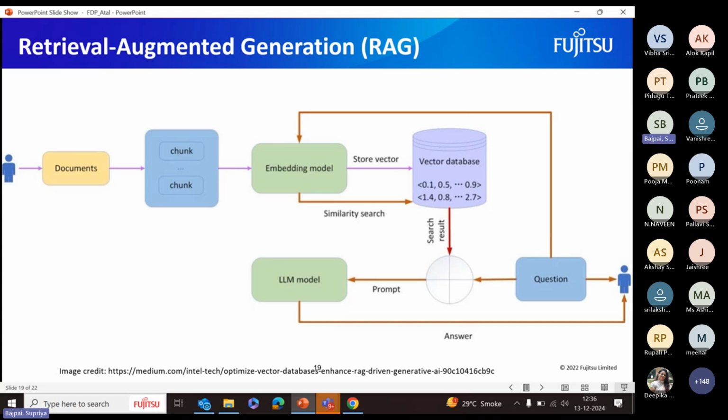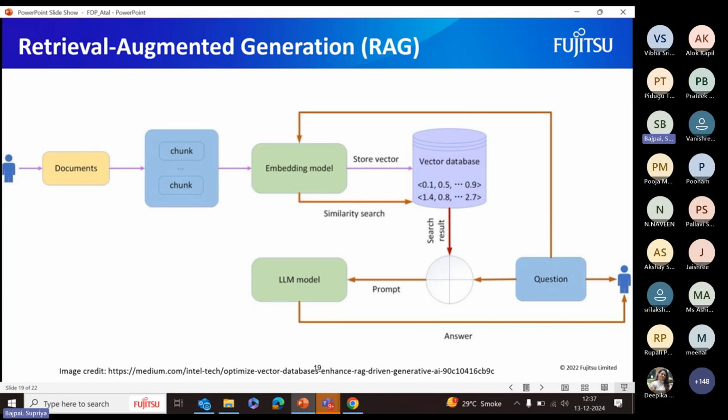One more example I want to give: the query is like reset password. It might match chunks like a troubleshooting log. Now, if you want to do the similarity search, the vector database is created and all the embeddings of these chunks are stored. The next task is to do the similarity search. So how do we do the similarity search?